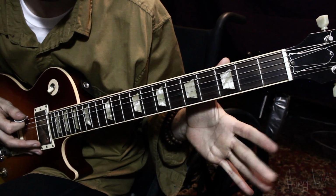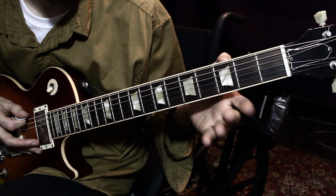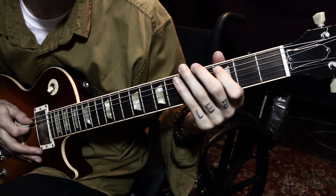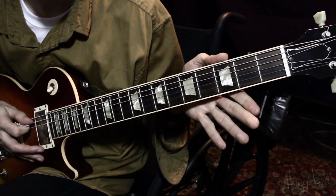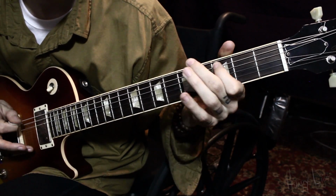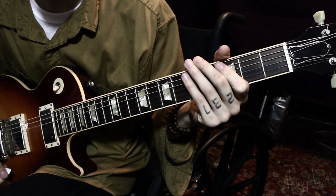And what that is just on the top string, you just kind of open 3-5, and then on the A string, 3, and then hit it again, and pull it off so it's open, and then to 3. So then pretty much for the whole rest of the song, you're just kind of